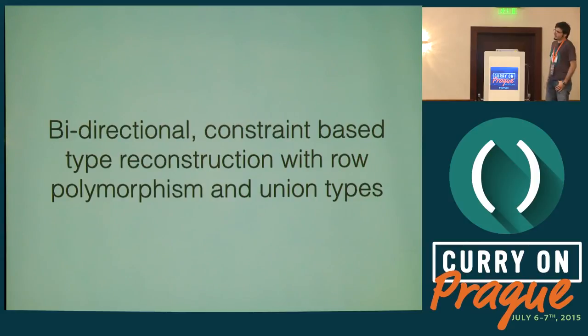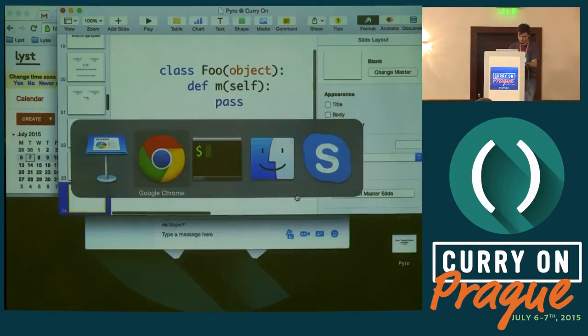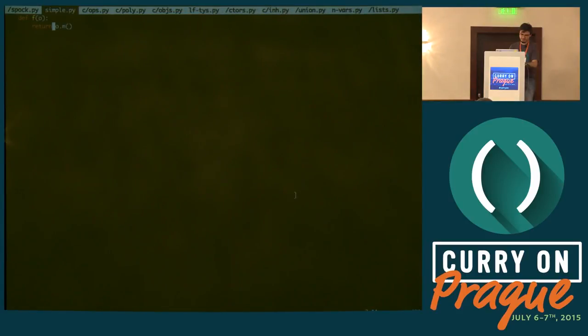So, Pyro is a bidirectional constraint-based type reconstruction algorithm with row polymorphism and union types. It all sounds really fancy, and that's it. So, coming back to our example. We have our two classes. We have our method. Let's see what Pyro decides the type of f should be. So I already have this example